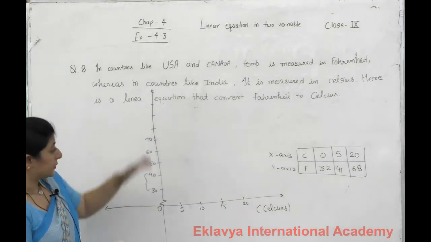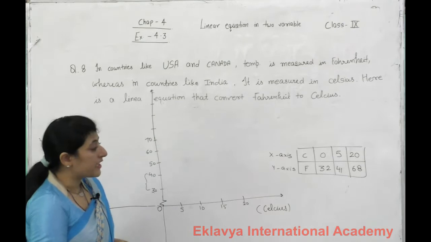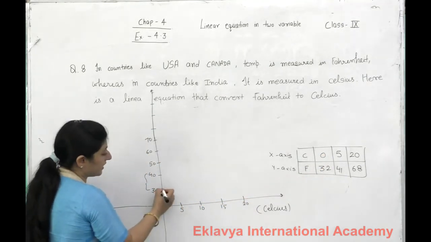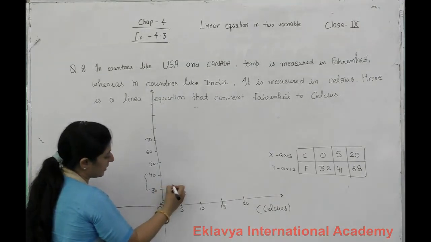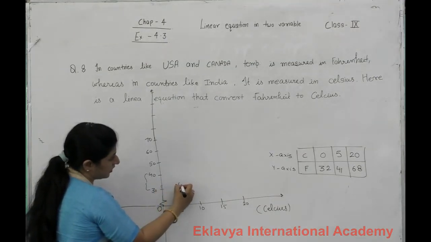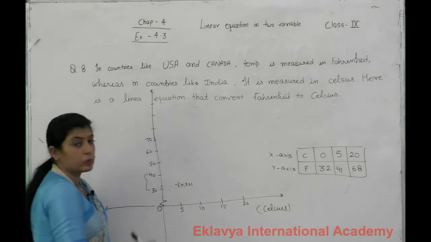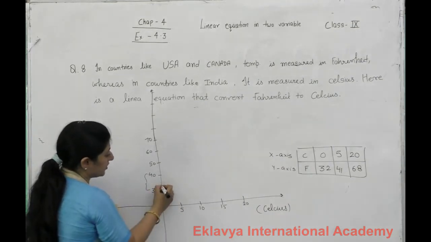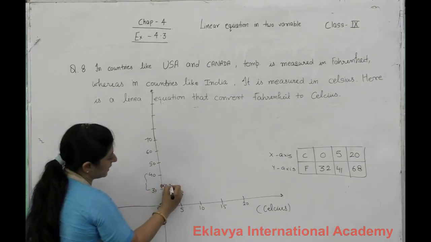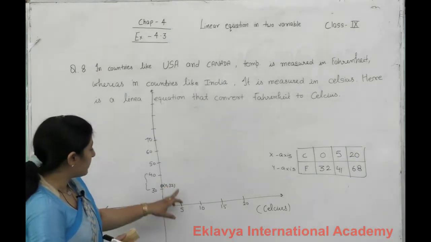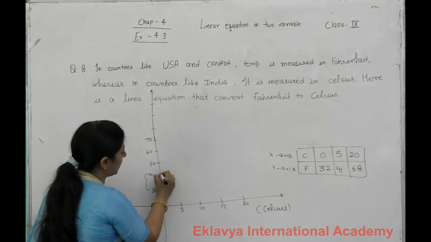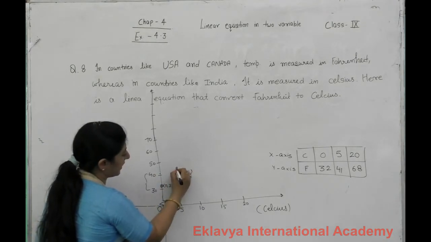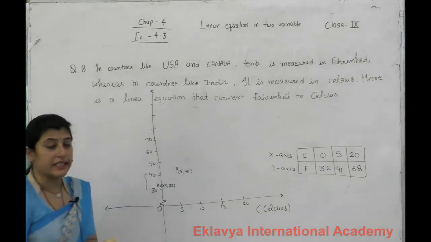It means it continues. Now see, represent on the graph. When Celsius is 0, then Fahrenheit is 32. From 0 to 30, there are 10 lines. You can take here 0, 32. Next, 5, then 41. This is 40, then we can take this one, 5, 41. We write point B here, and point A here.